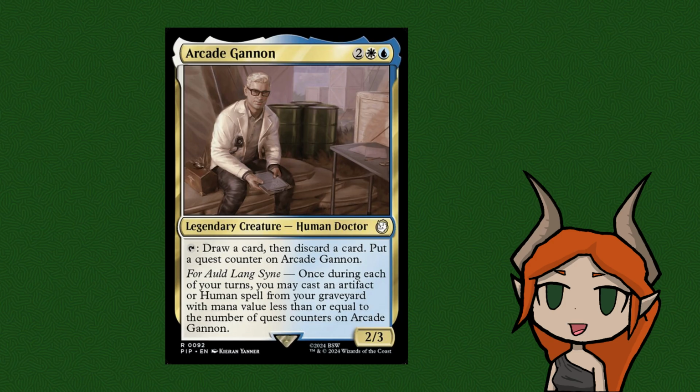Once during each of your turns, you can cast a human or artifact spell from your graveyard, with mana value equal to or less than the number of quest counters on him. Personally, with his second ability, I find that he would be a better commander for a more combo-oriented list, considering